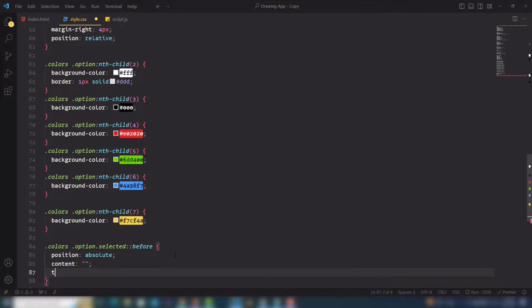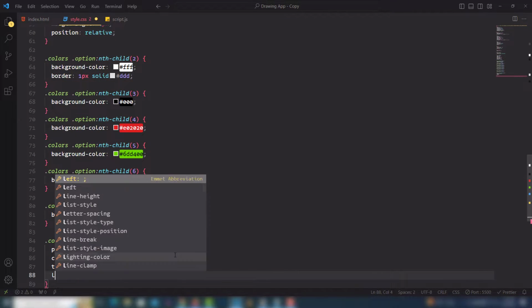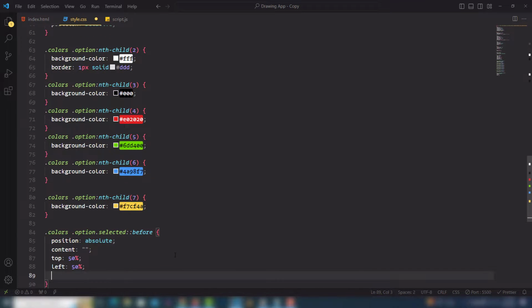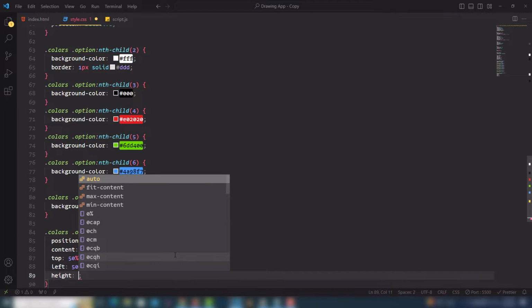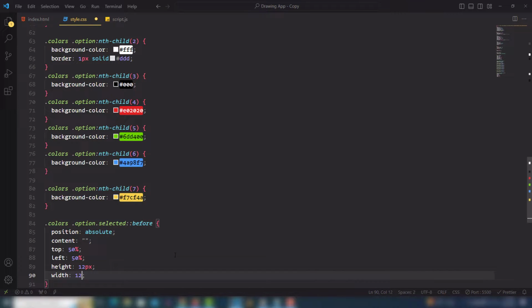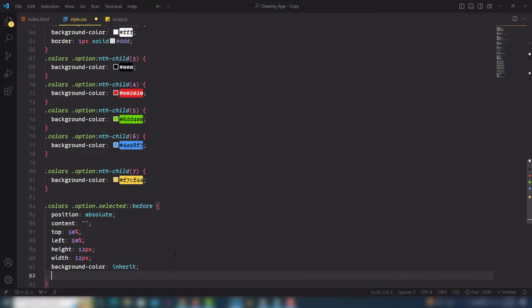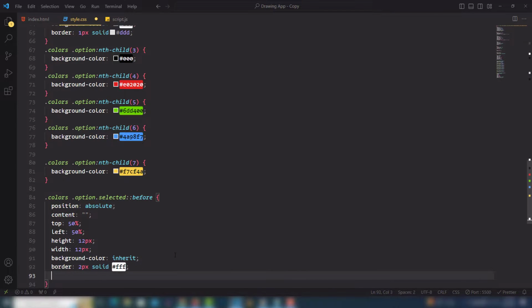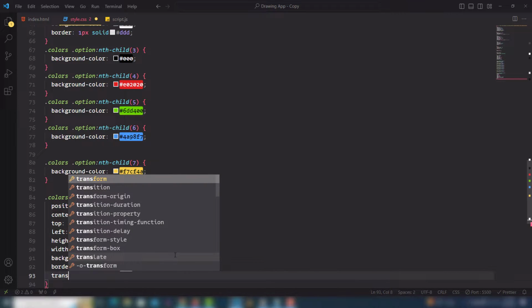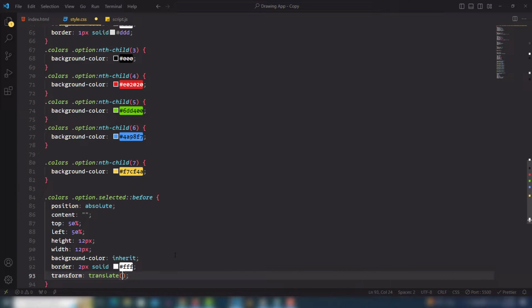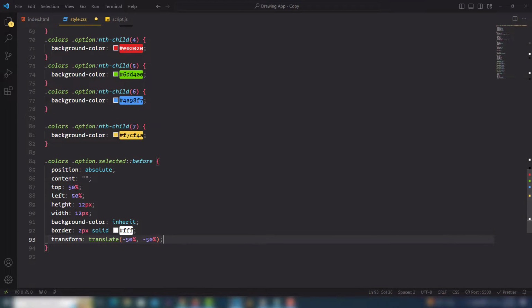So use content none, top 50%, left 50%, height 12, width 12 pixel, background color in height, and I'll use the border 2 pixel solid #FFF, and I want to display the border in the center, so I'll use transform translate -50%, comma -50%. So the content or border has appeared inside the color, but I need to assign the